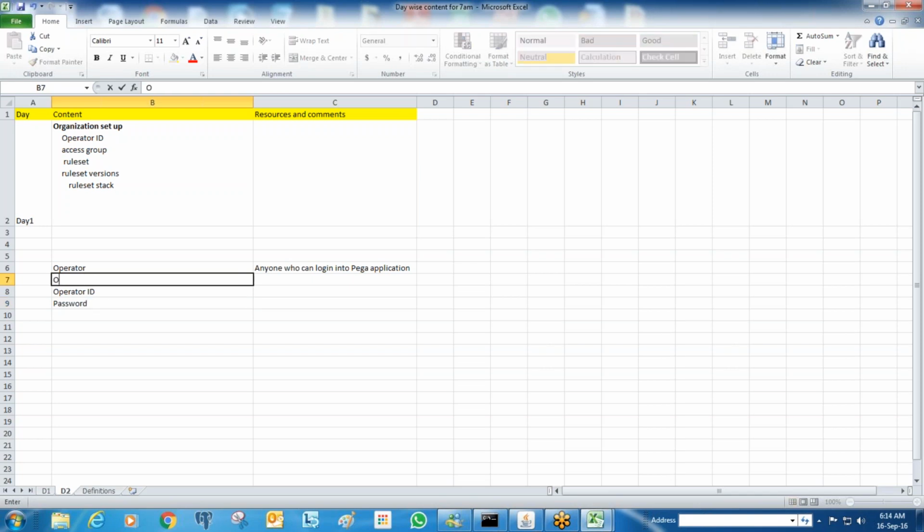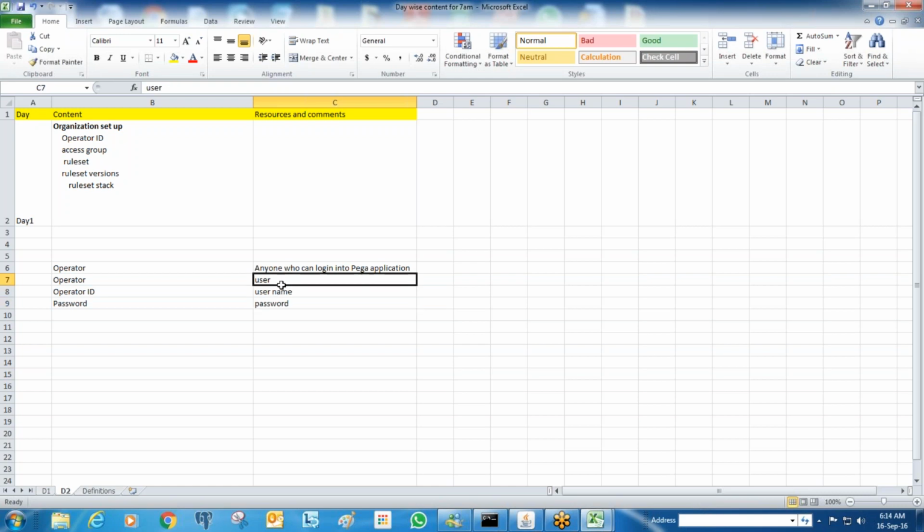So operator is equivalent to the user, and operator ID is equivalent to the username and password. In the outside Pega world, we use terms like user, username, password. Within Pega development, we use operator, operator ID, password. If I open my application, I'm logging in with some username and password. That we call as operator ID and operator password.